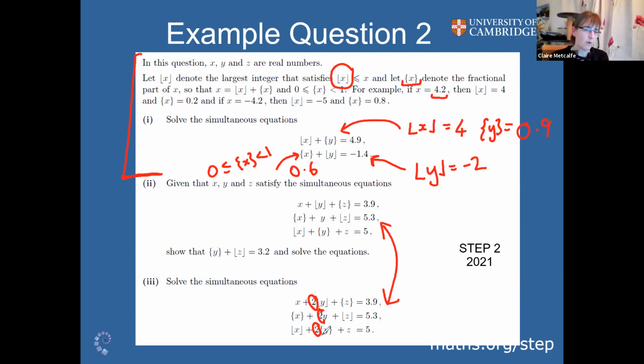So yes, lots of the step questions do not actually need A-level maths, but they do require you to take on new material and think about it and then apply it. Okay, let's